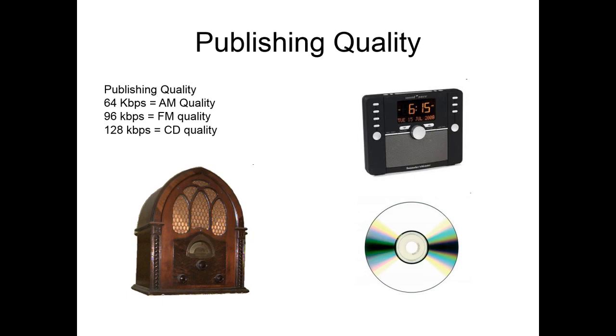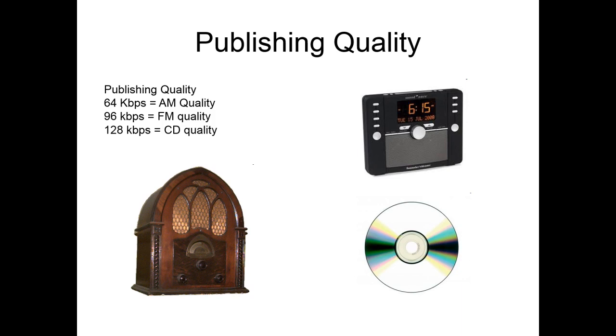All right, in this lecture, we are going to look at how much media hosting do I need. And right now, let's talk about stereo. If you were publishing in stereo at 64 kilobits per second, it would be basically AM radio quality. If you published at 96 kilobits per second, it would be FM quality. And CD quality, again, stereo, is 128 kilobits per second. So AM radio, FM radio, and CD quality at those particular settings.